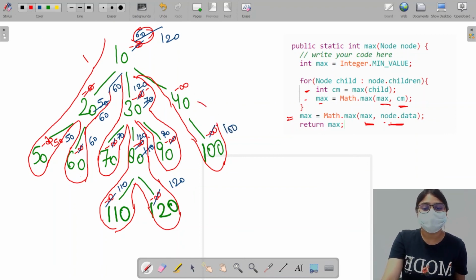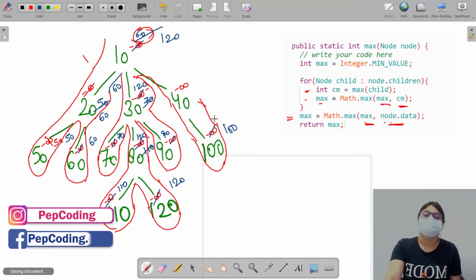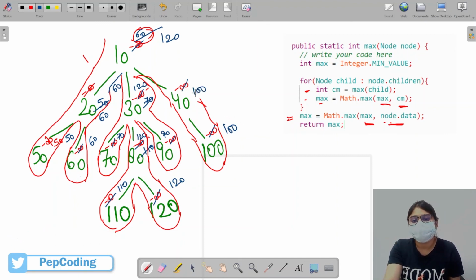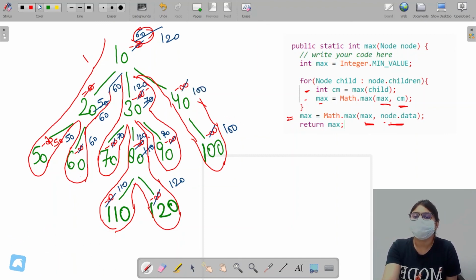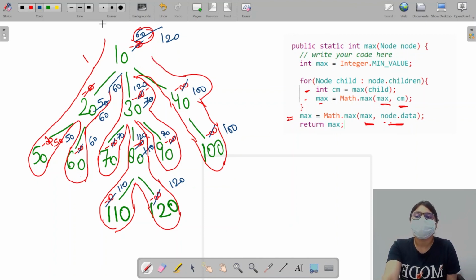Now we come back to 40 and we compare maximum value of 40 with maximum value of the children. So it gets updated by 100. We come out of the loop because 40 does not have any more children. Now it will compare with node.data, but 40 is not greater than 100, so it won't get updated. Now we come here, we again compare the maximum value with maximum of children.